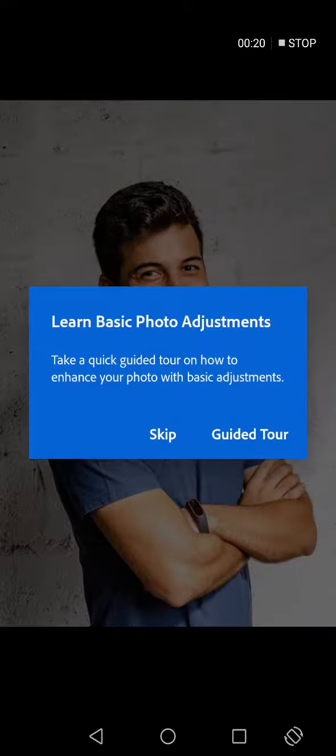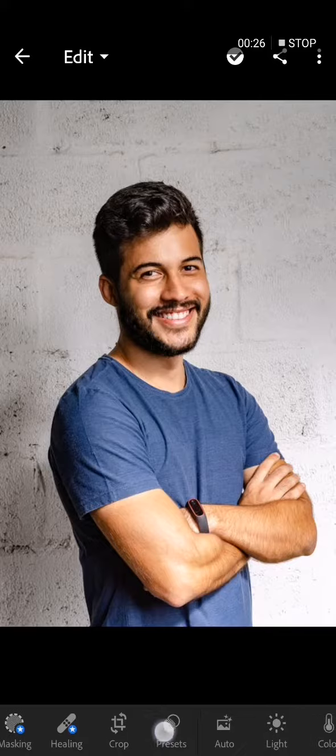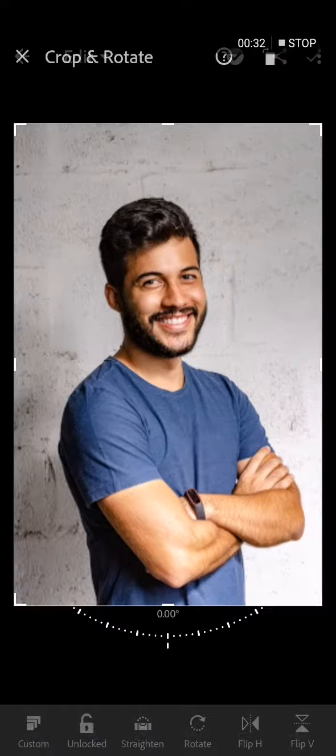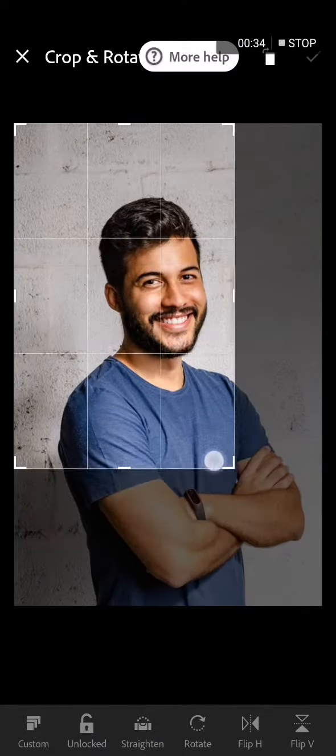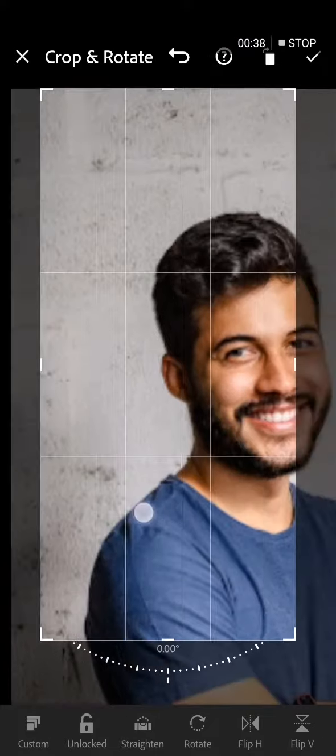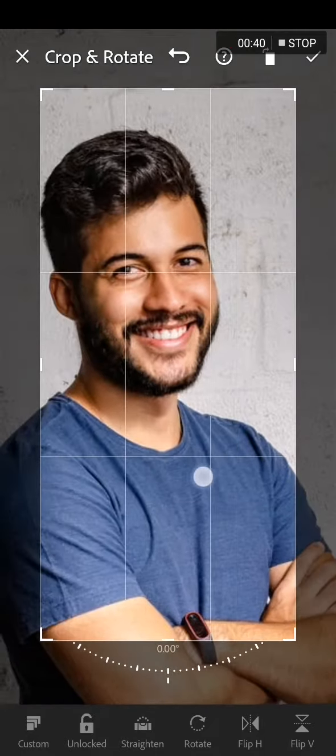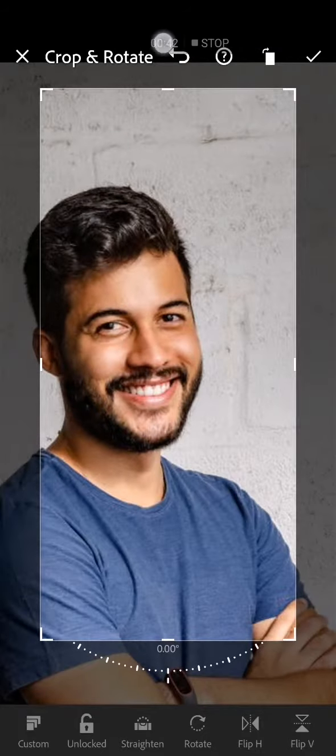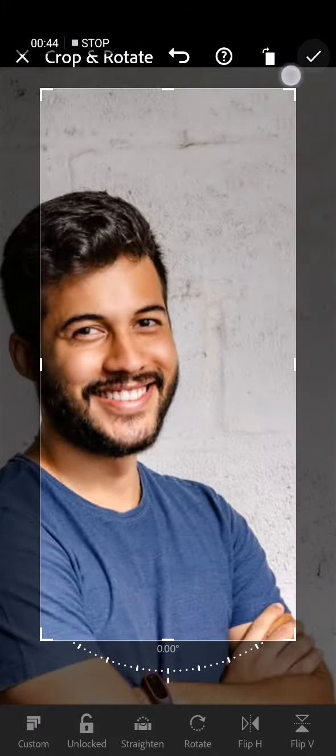Now after you choose your photo, all what you have to do is so simple. Just go down here to this bar right here and click on this crop option. As you can see, click on crop, and now as you can see, you can crop the picture as you want from here easily. After you finish, all what you have to do is go to the top corner and